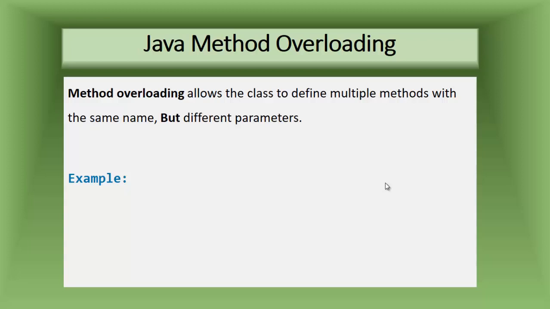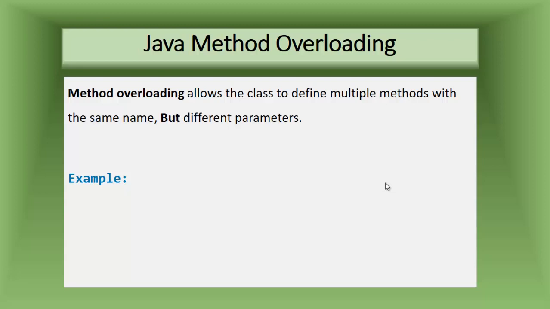In this class, we talk about Java method overloading. This is part of advanced Java, but now a little work on Java method overloading. Method overloading allows the class to define multiple methods with the same name but different parameters or different data types. In other words, we can say that